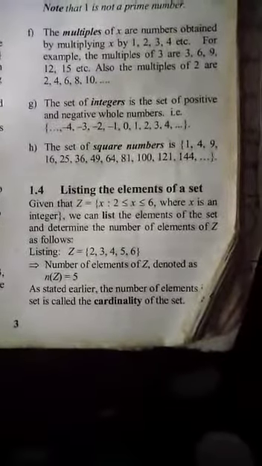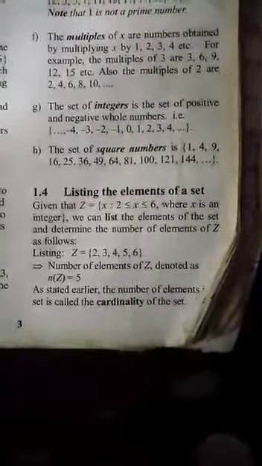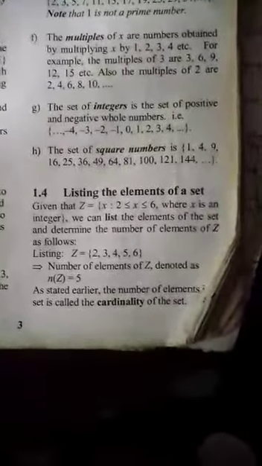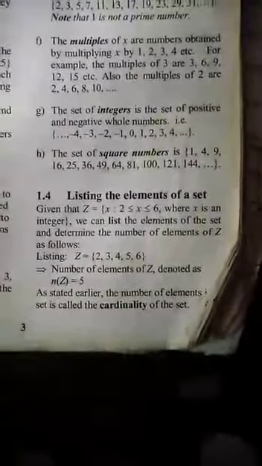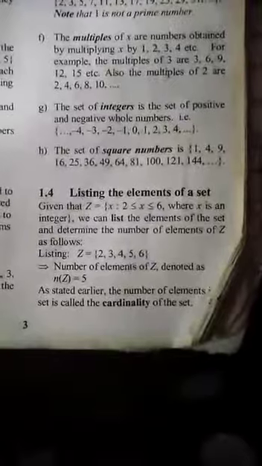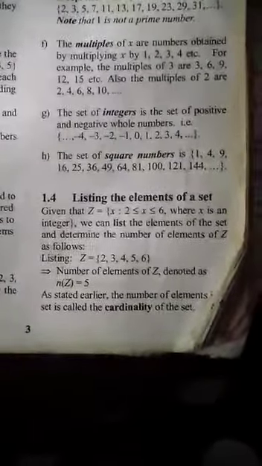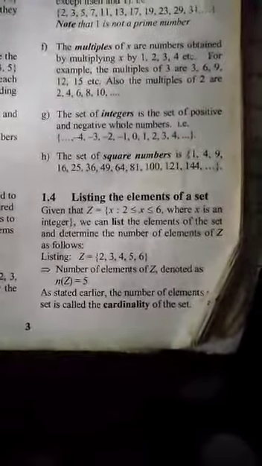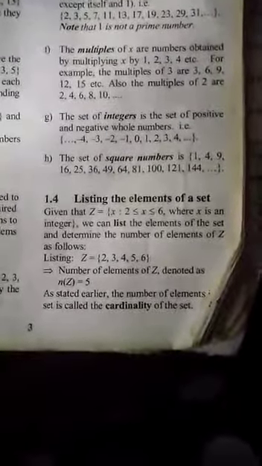We have the multiples of numbers. You can only get the multiples of numbers by multiplying the numbers by the counting numbers, starting from 1. So when you say the multiples of 2, we mean 2 by 1, 2 by 2, 2 by 3, in that order. The set of integers. When we say the set of integers, we simply mean the set of positive and negative whole numbers. Meaning, we have the